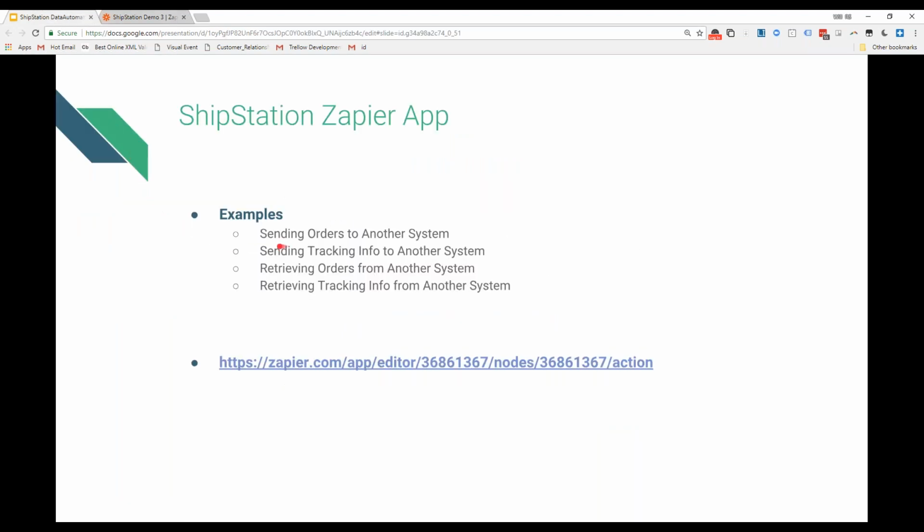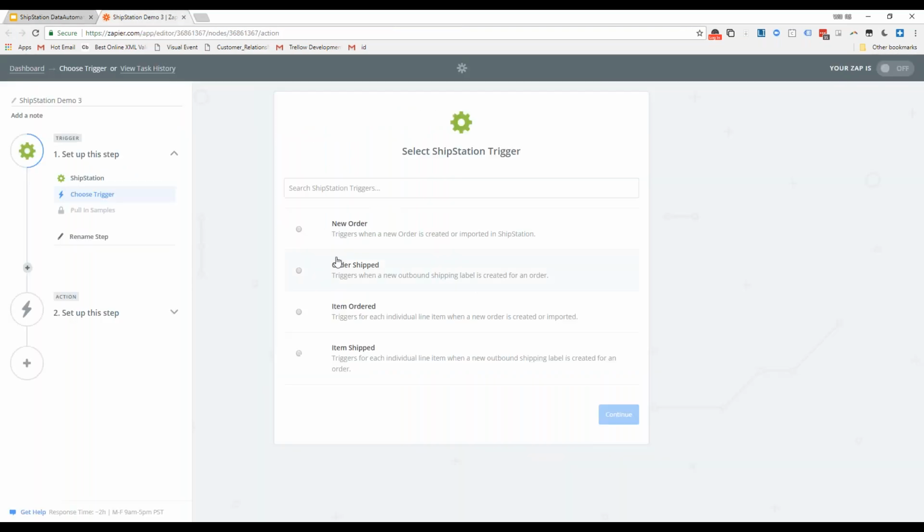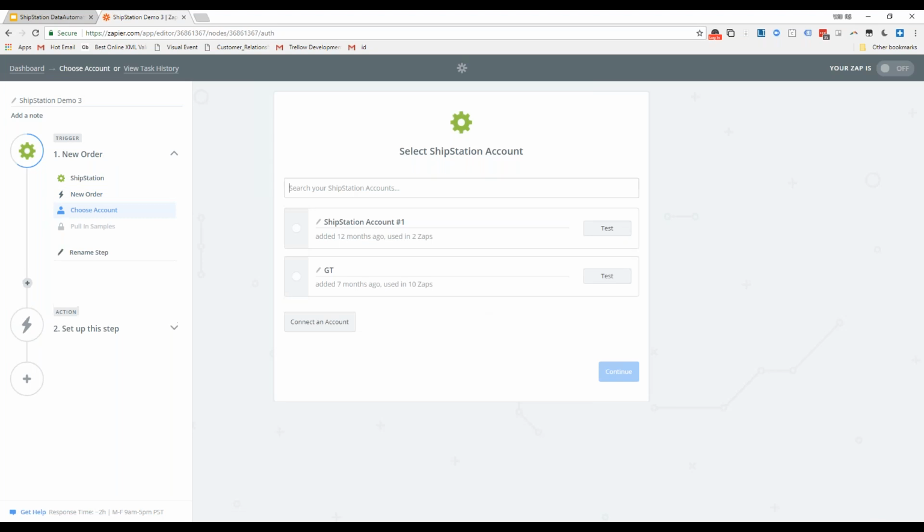Specifically, the use case we're going to talk about is sending your orders over to another system. So let's say you've got a 3PL that you want to send that to, and that 3PL will accept orders in the form of an email. So you're going to take order information from here, and we're going to push it over there. So I'm going to choose new order, and for these guys, I'm going to assume that the whole order goes over to this 3PL. So I hit save and continue,